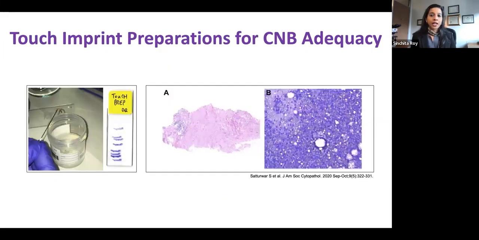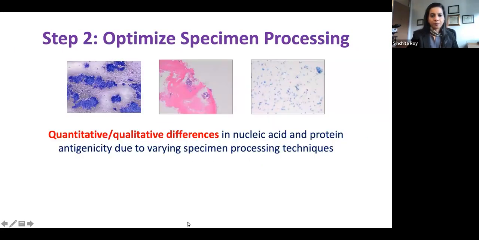So what if you're in a practice where whoever's doing the procedure does not want to do an FNA specimen and they're only collecting for core biopsies? One option is to do a touch preparation. And again, you don't want to do a touch preparation like the one on the right, where all of the material ends up on the touch prep and there's nothing left in the core biopsy to make a diagnosis. So if you're doing a touch preparation, teach whoever's doing it to be gentle, no vigorous rubbing of the core biopsy on the slide. You just lightly touch and then pick, touch and pick, like the picture that you have here on the left.